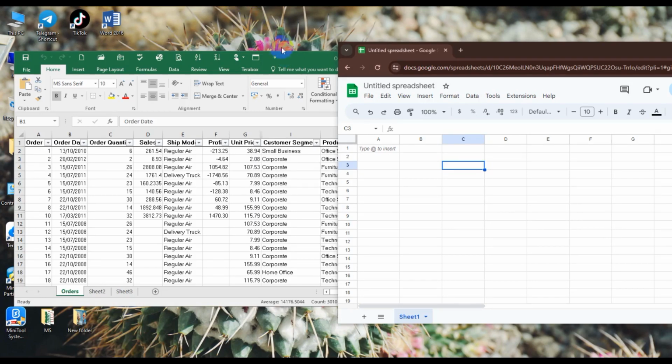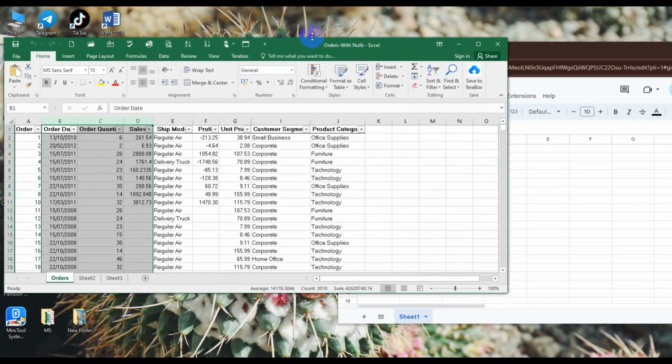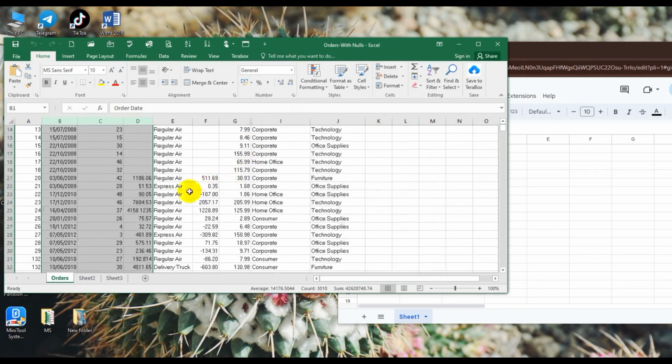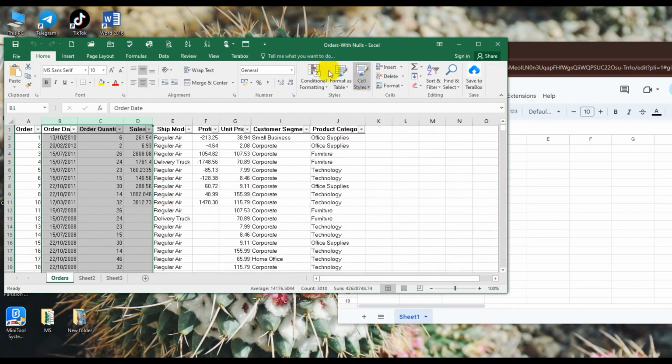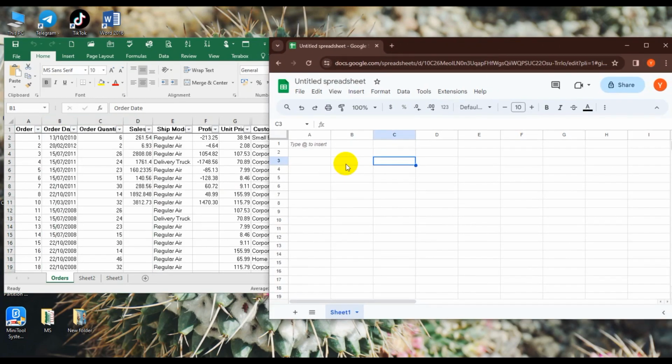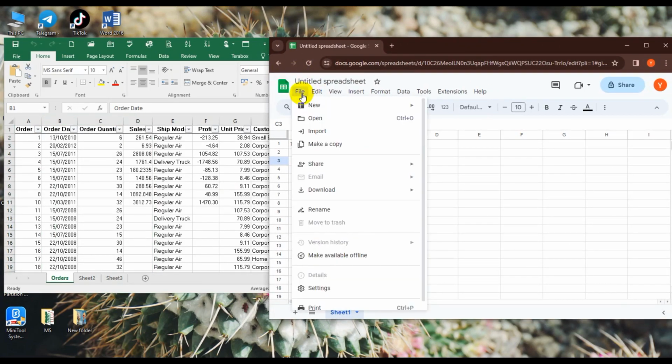So guys, today I'm going to explain how to export or import. This is the Microsoft Excel file, just the order with nulls Excel file. This file I have just input into Google Docs. So click import